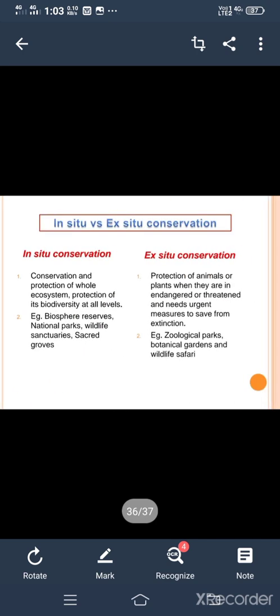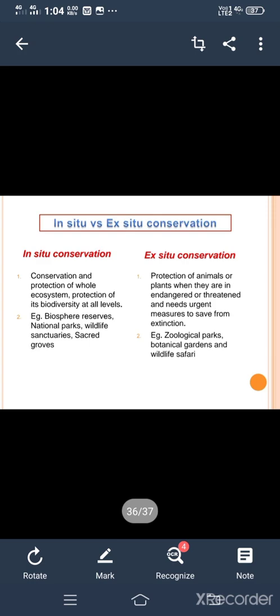Next is in situ conservation and ex situ conservation. This is an important compulsory question every year. Either they ask the differences between these two or they go with the definitions. First, coming to in situ conservation. What is the meaning of it? Conservation and protection of the whole ecosystem, protection of its biodiversity at all levels,